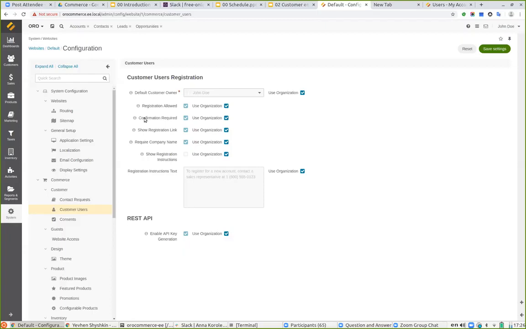whether confirmation is required, so whether the application has to send an email in order to confirm that the user is actually a real person and not a bot, whether we're showing the registration link on the storefront, whether we're requiring company name. So this thing that I have mentioned: every time a customer user is registered, the application automatically creates a customer for them. And if we have this checkbox, there will be a new field called company on the storefront. But if there is no such field, the application will automatically create a customer from the first name and last name of the customer user. Whether we need to show registration instructions, in fact, with the instructions themselves,